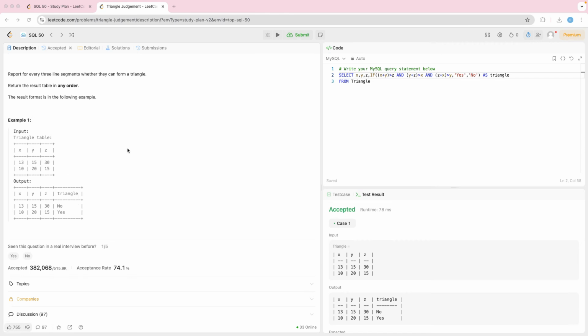So we'll use a very basic property of triangles: to form a triangle, the sum of the lengths of any two sides will always be greater than the third side. So simply we'll check if x plus y is greater than z, as well as y plus z is greater than x, and z plus x is greater than y. If this condition is satisfied, then it will form a triangle, so we'll return yes, and if it is not satisfied, then we'll return no. Like here,